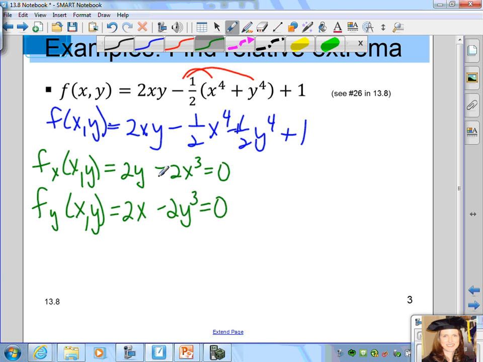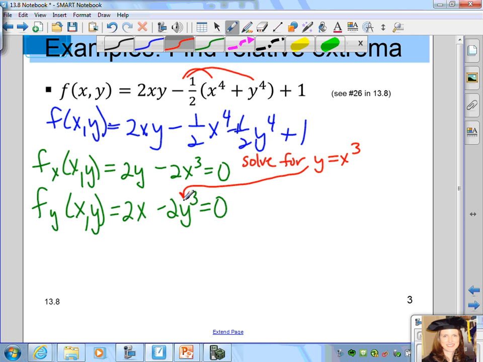Now here we have a system of equations. We cannot use a matrix for this one because they are not linear equations. We can do some substitutions though. In the first equation, you can solve for y. If you add x cubed to both sides and then divide by 2, we get y equals x to the third power. Now we're going to take what y equals in the first equation,